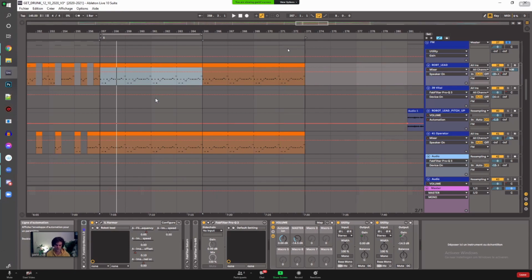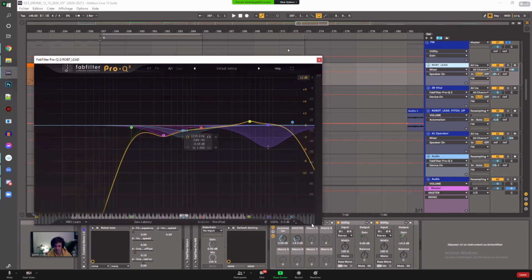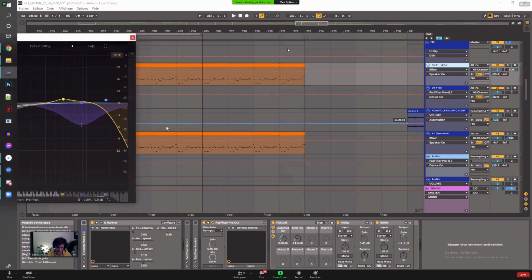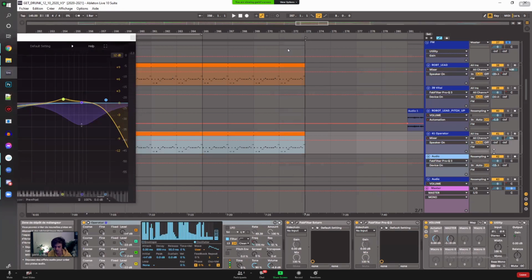I don't know if you get what I mean, but the main goal is to have them playing in unison when you are in mono. So you get rid of some frequencies in one and boost in the other, like you would do in every other mixing.